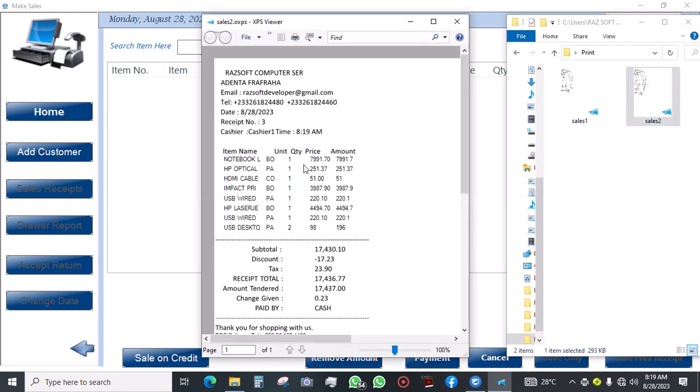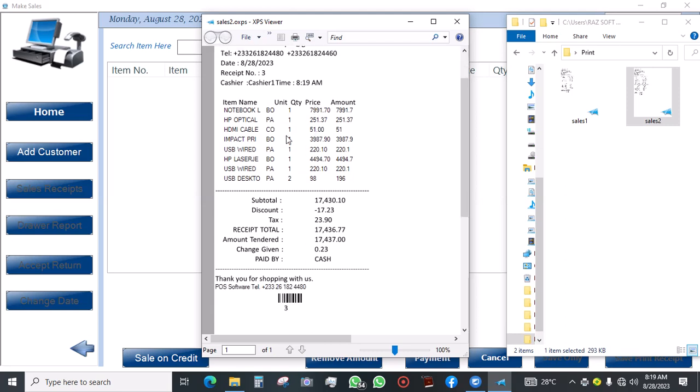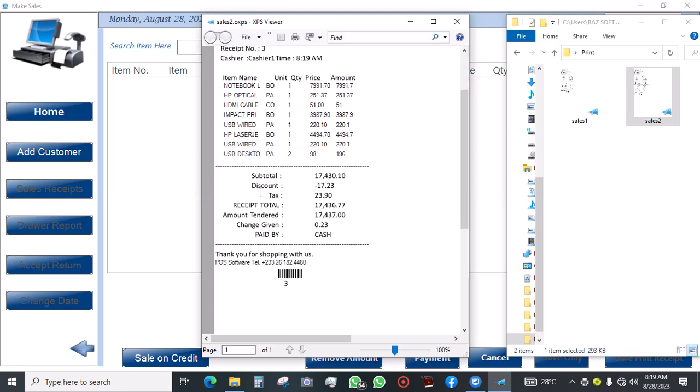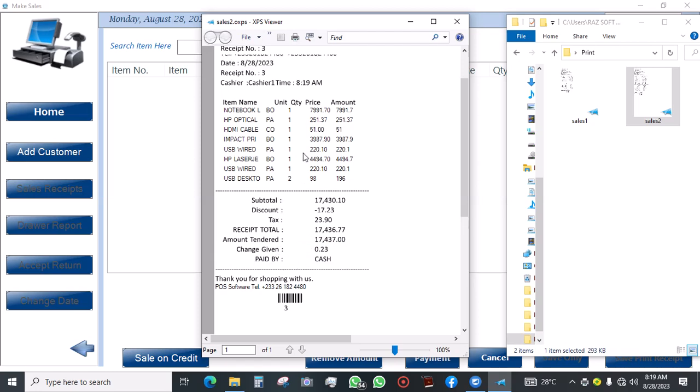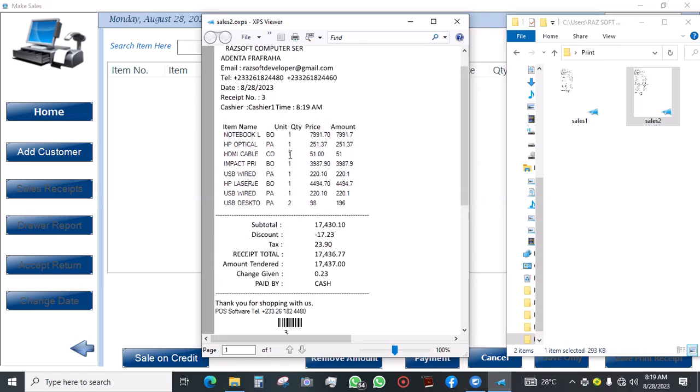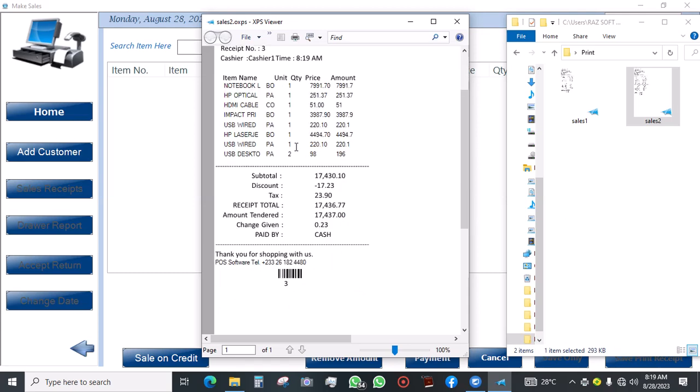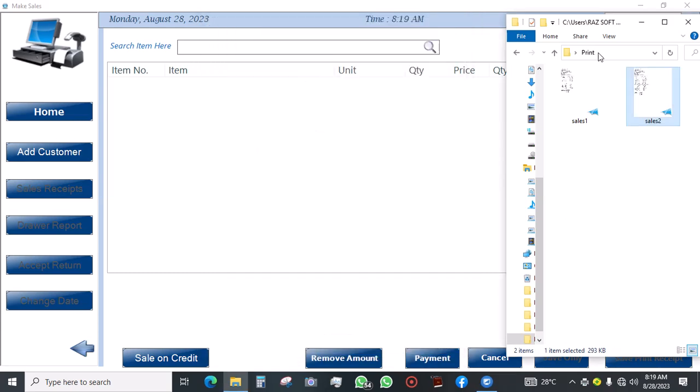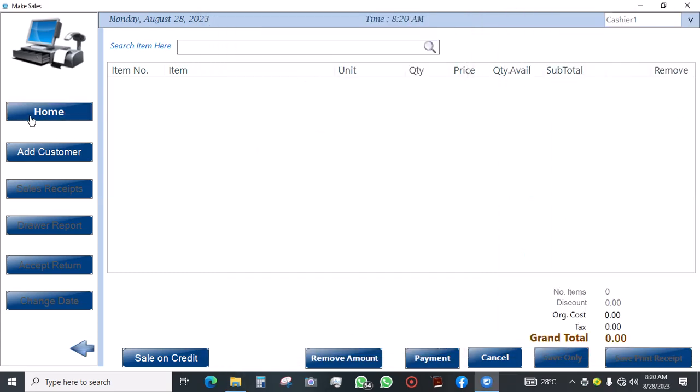So this one it comes with the discounts. You can see it. So total discount given is 17.23, then the tax, and then the amount tendered is the amount you've entered is 17, and then the cash change given is the 0.20 the person paid by cash. So basically this is the format. Okay, so home,